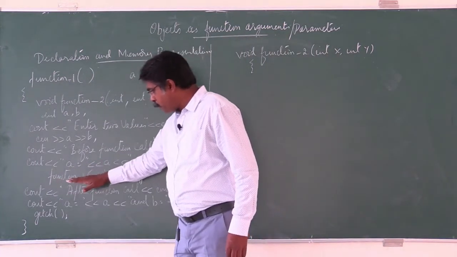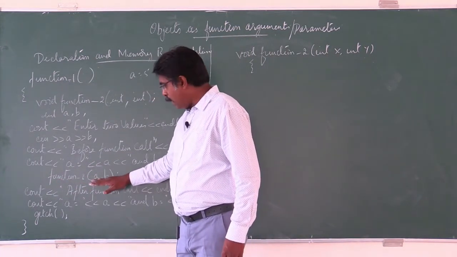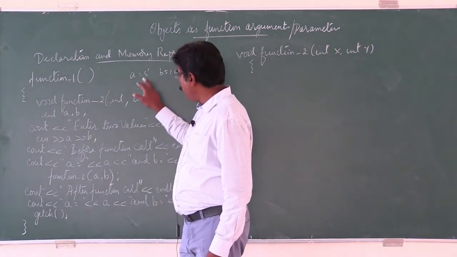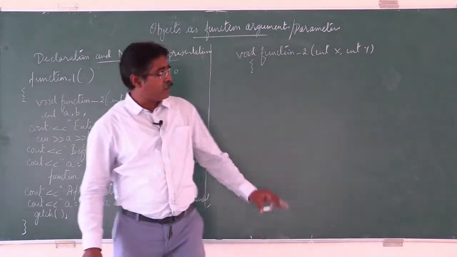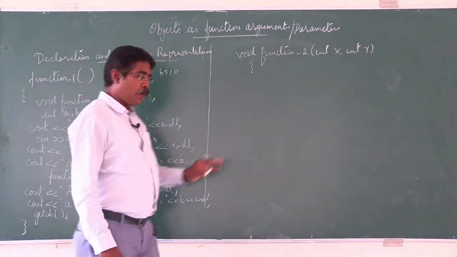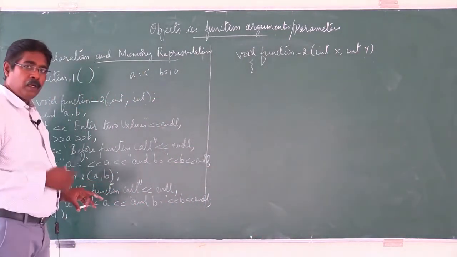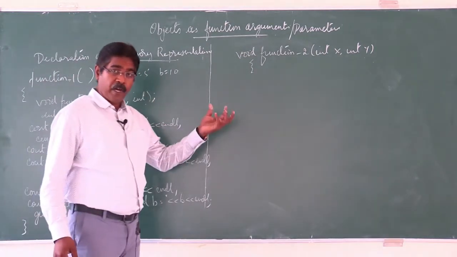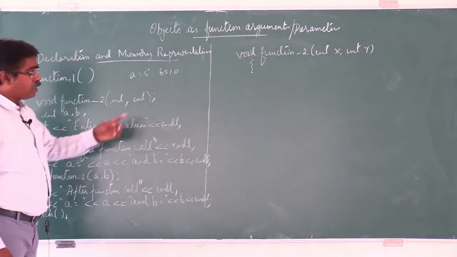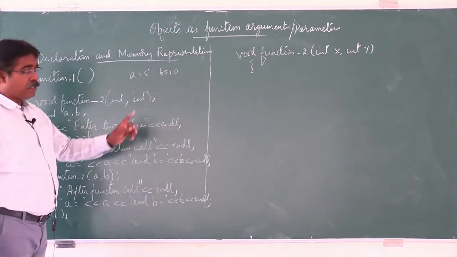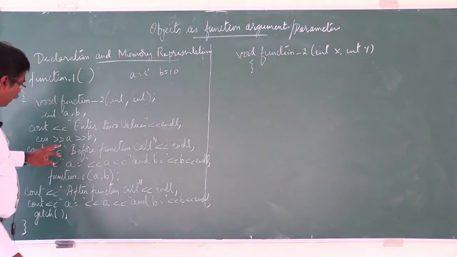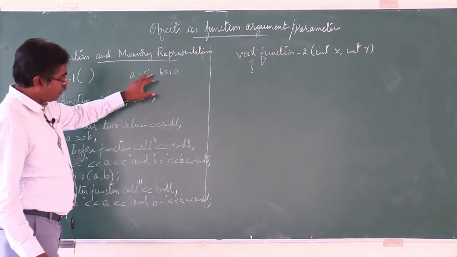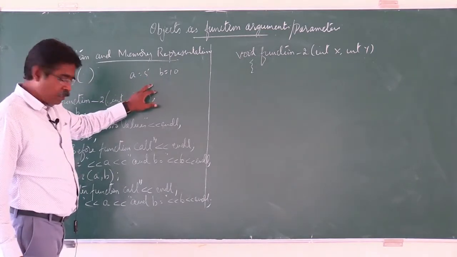So this is the function call statement, and A and B, which are taking values 5 and 10, will be sent there. That is, X value will be 5, Y value will be 10. How did X value become 5? Because A is giving the value to X and B is giving the value to Y. So we have accepted 2 values, A and B, as I said, 5 and 10 respectively.